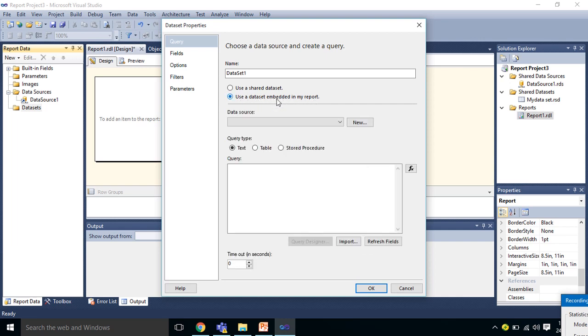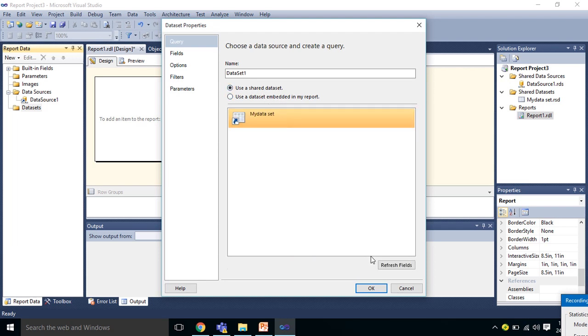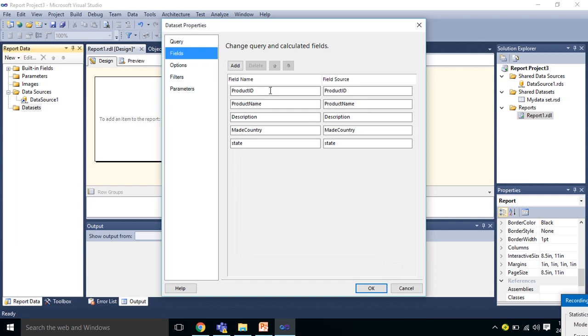This option will create a dataset that is not a shared dataset, and that can only be used in this report, not in another report. So let's use the shared dataset. Also under the fields option, we can see the fields are automatically getting populated. Let's click on OK.